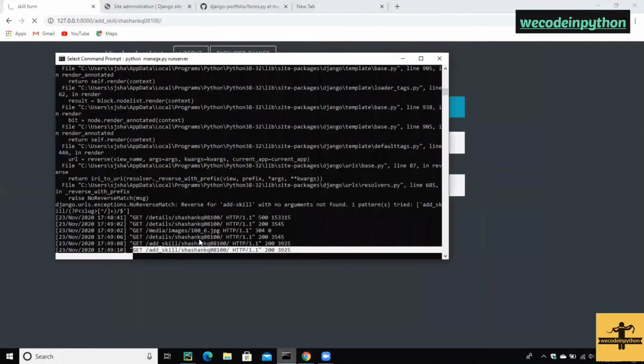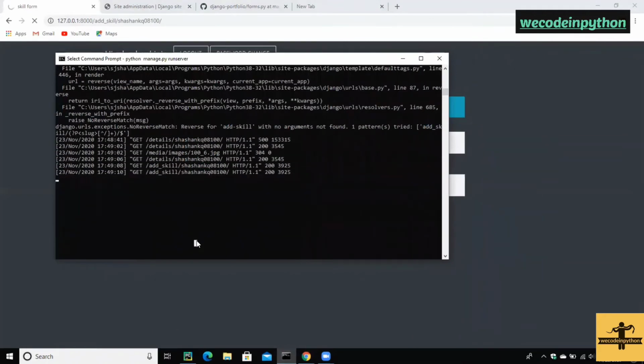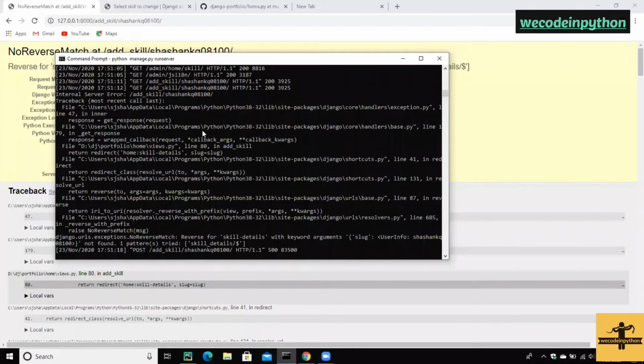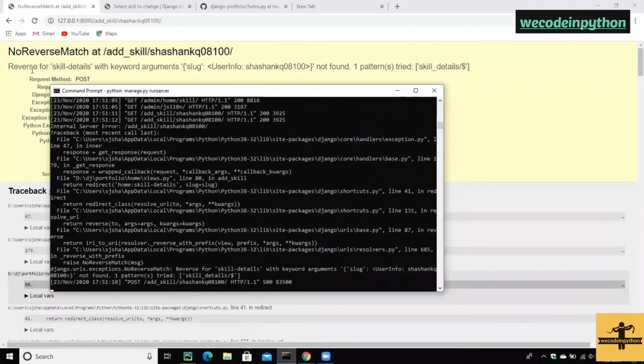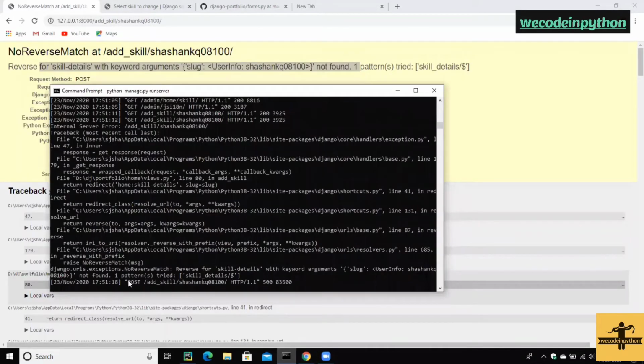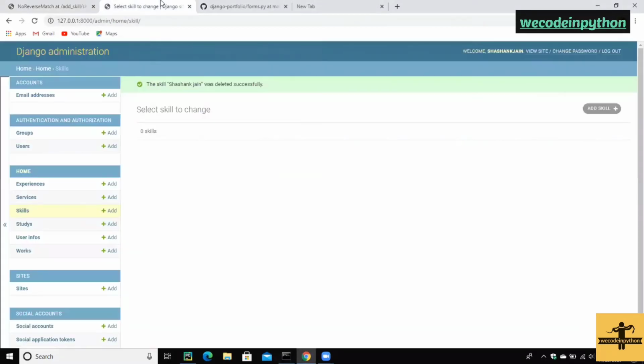now check this. I have clicked on the save button. So now we are getting this error: reverse for skill details with keyword argument not found. That is the first thing. And the second thing you can see here, the method name is post for now. And the third thing we need to check is here, skills. If I run this,